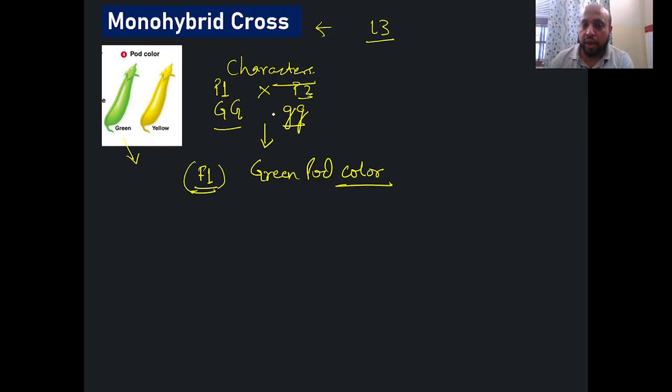Now he used certain letters to make it understood, and this is basically the process of gametogenesis, which I explained to you a moment ago. Now in genetics, if we want to say that this particular offspring has received 50% of the chromosomes, we are actually interested in knowing only one character or trait here, that is the green. So G will be received. Similarly, this other parent will also contribute